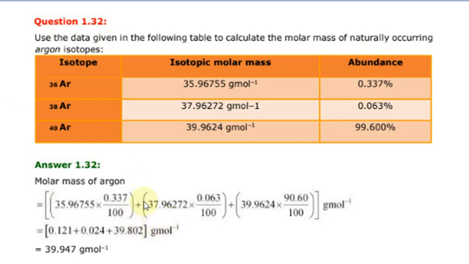So how do we calculate it? I think I have just told you in the first lecture how to calculate the average mass. So it is the first isotope, that is 35 into 96, and its percentage, that is 337 divided by 100 for percentage, and we will add all 3 values. In this manner we will get the molar mass of argon. Okay, so जो periodic table में मास गिवन होता है उसको ऐसे ही फाइंड आउट करते हैं. जितने भी आइसोटोप्स हैं, तो वहाँ पे एवरेज एटॉमिक मास दे हैड गिवन.